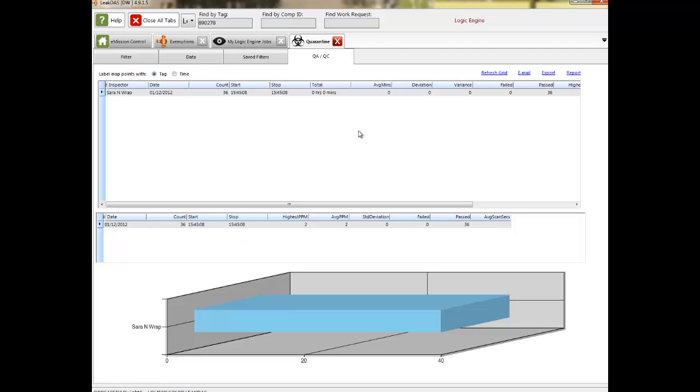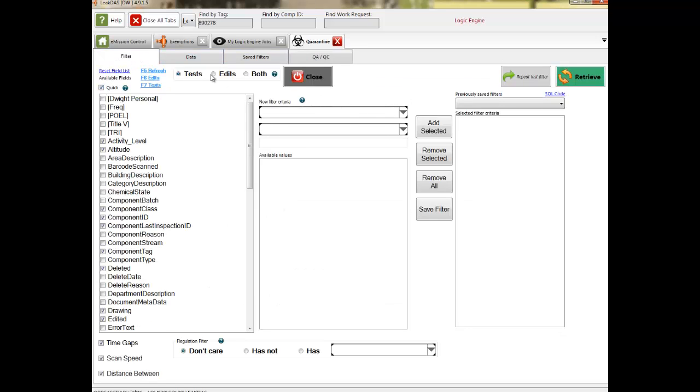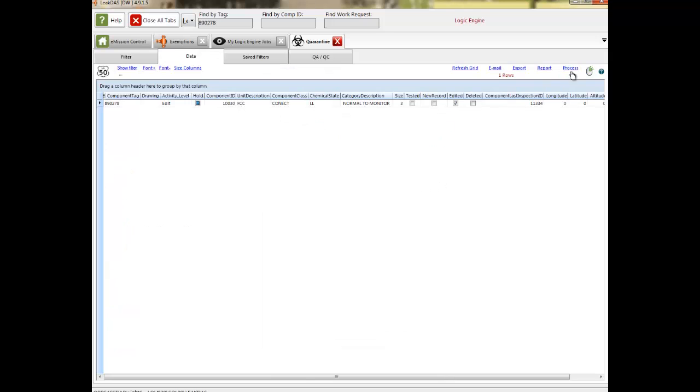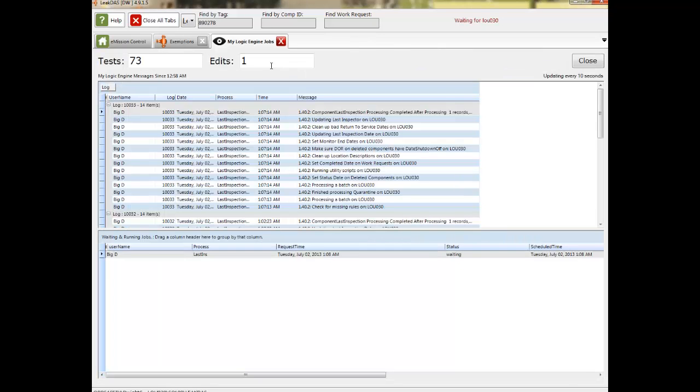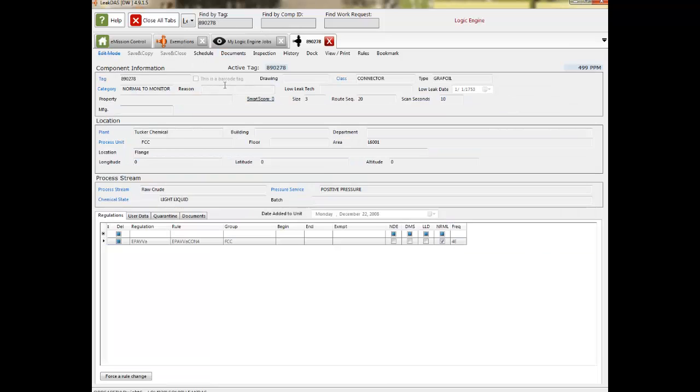scheduled every 4 years. Okay, let's go ahead and process that through quarantine so those changes could go into effect. Okay, process, okay, and we see our 1 disappear to 0. Now we can find that tag again, and there it is, exemption description removed, and is back on the 4-year